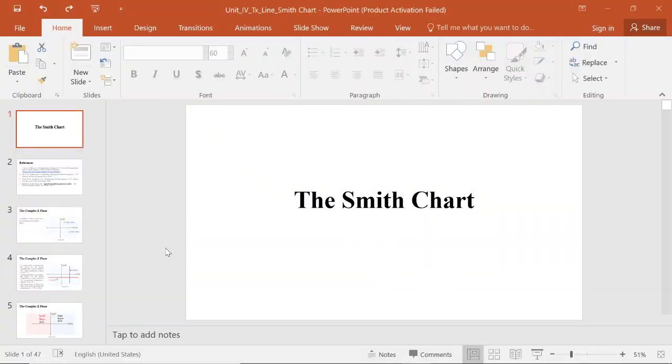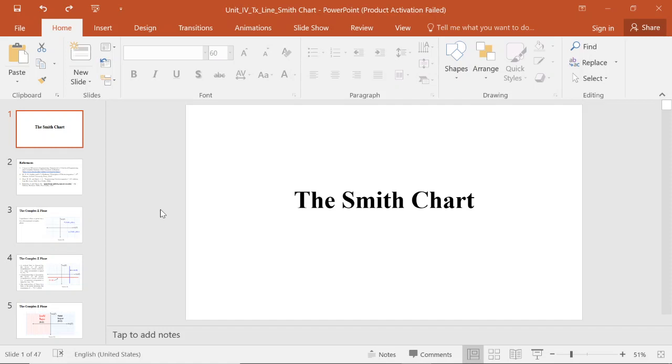So today we will start the Smith chart. This is a graphical method to find the reflection coefficient for a given line impedance, or if you know the reflection coefficient, you can find the line impedance. You can also find various parameters from this graph, that is the Smith chart: the maximum voltage, maximum current, the points of open circuit and short circuit, or the standing wave ratios.